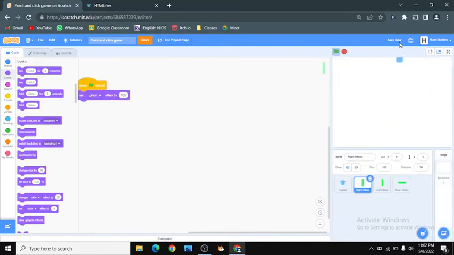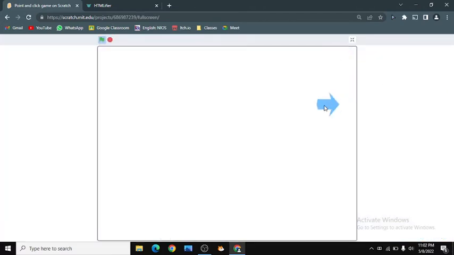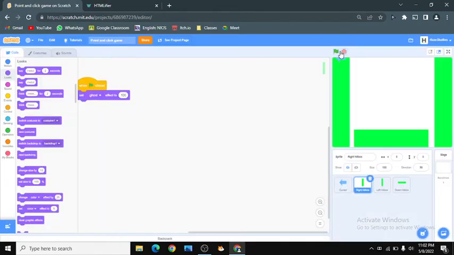So now they'll be invisible, but the arrow still understands what to do.